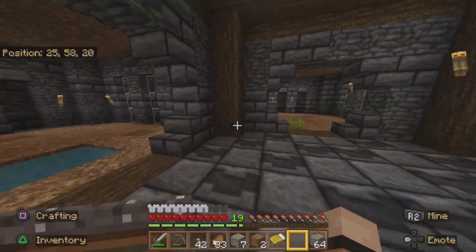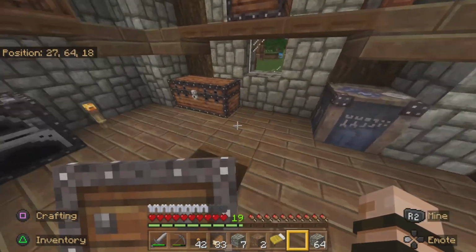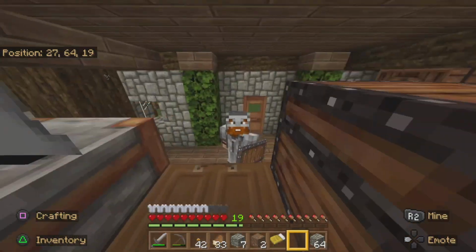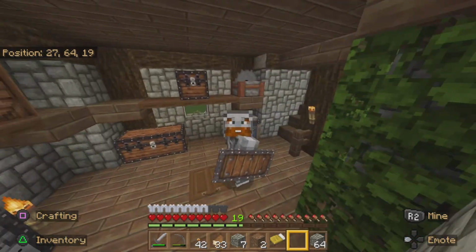But yeah, that's going to call it for this episode. And next episode we are going to do some more adventuring as well. We're hopefully going to get a dog. We're going to work on that zombie spawner we got as well, so we are going to make a zombie spawner next episode. But I'm going to end this episode here,